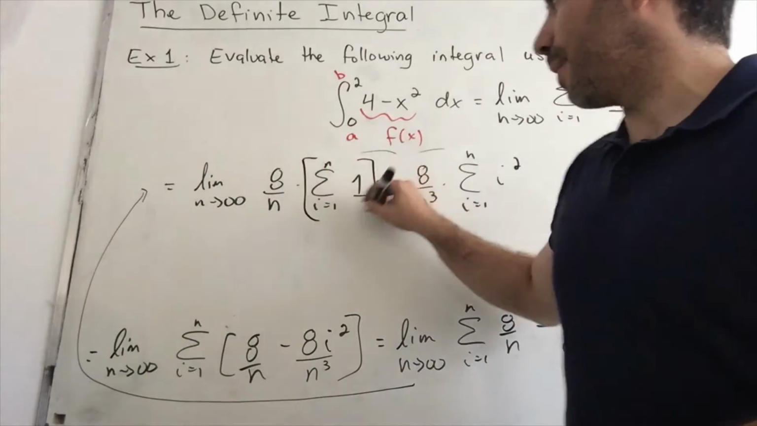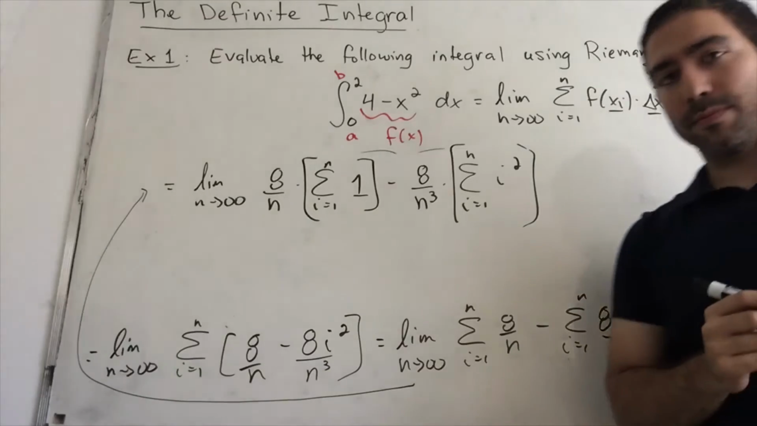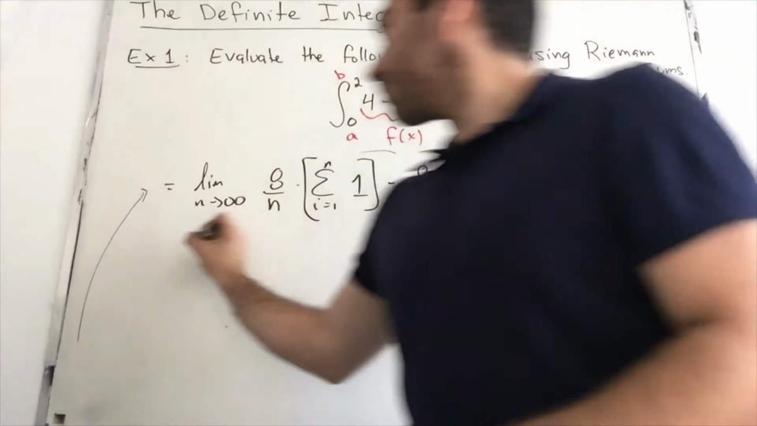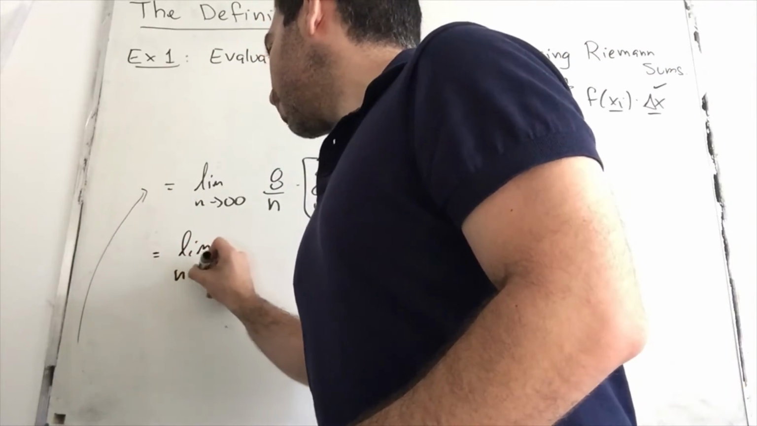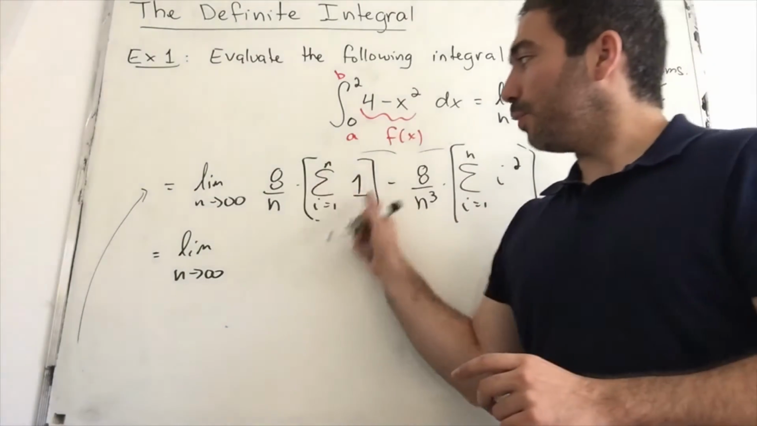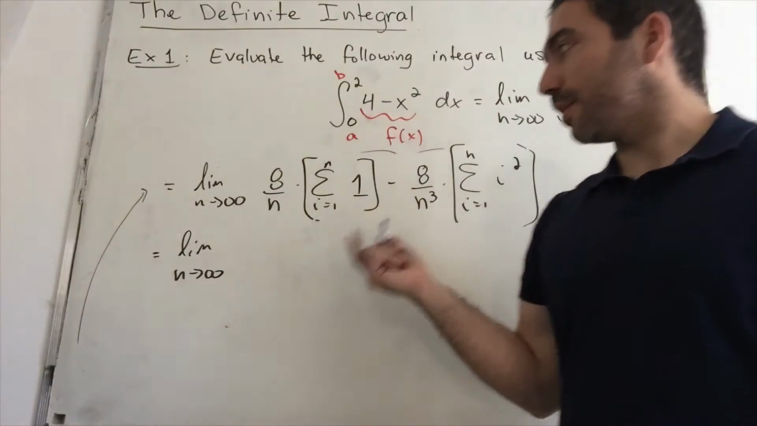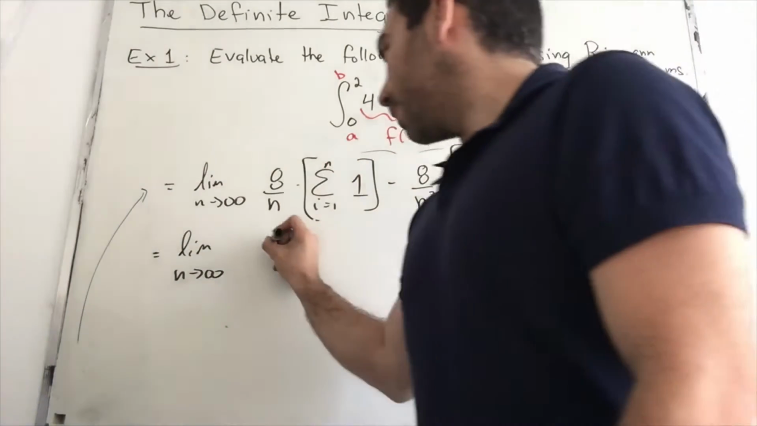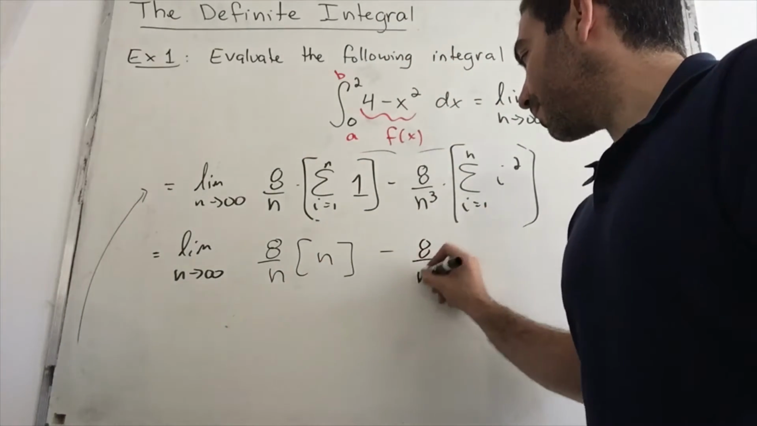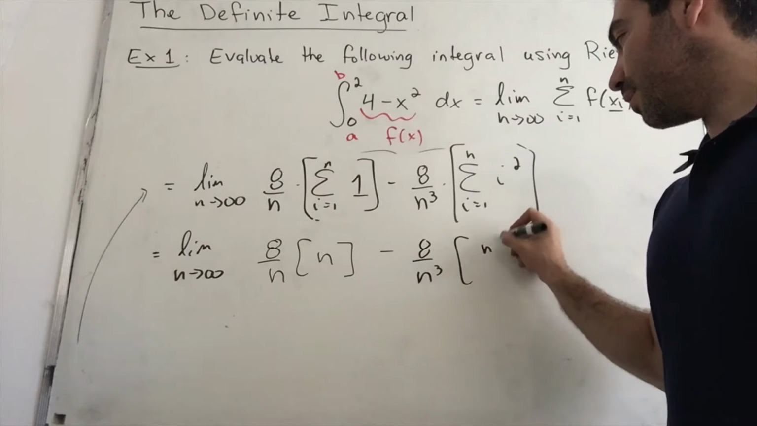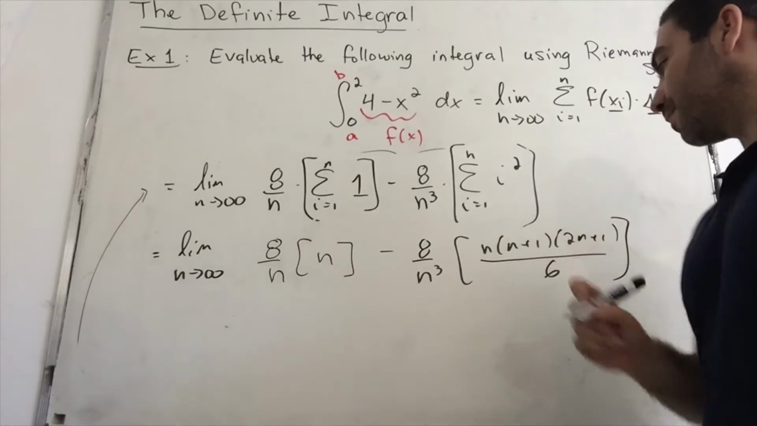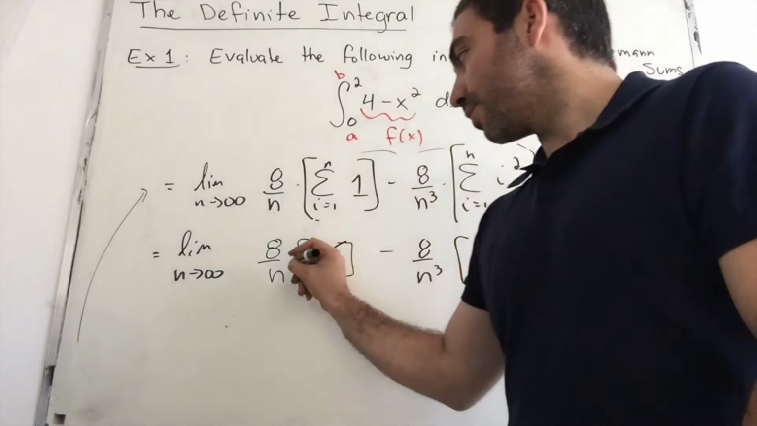And these are formulas that we have memorized. We know these guys. Give myself a bit more room. So keep writing the limit in the front, don't forget that. The limit is actually attacking both these terms. And we know the sum from 1 to n of 1 is simply just n. We do 1 times n, giving us 8 over n times n, minus 8 over n cubed. And we know the formula for i squared, it's n times n plus 1 times 2n plus 1, all that over 6. Okay. So here the n's cancel, leaving us with just 8